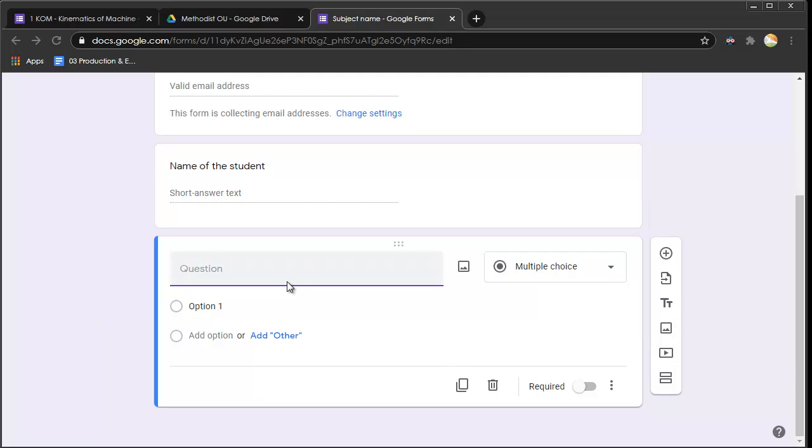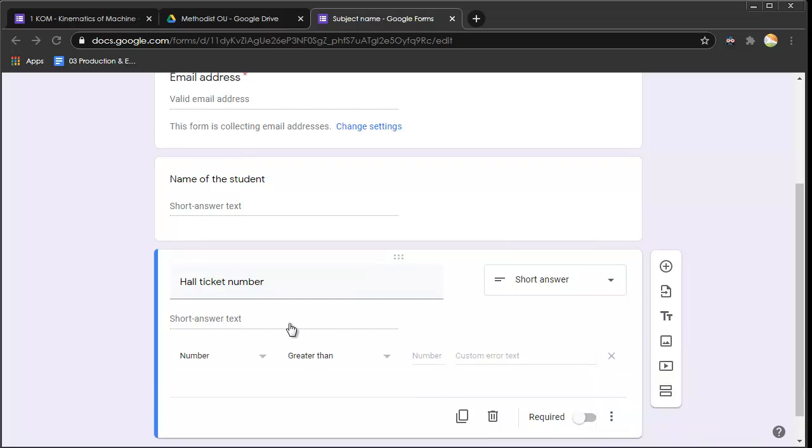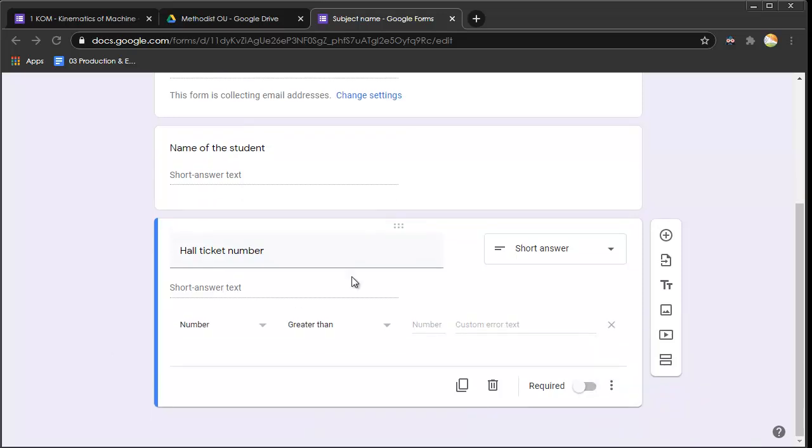The next detail I want is hall ticket number. So hall ticket number again is going to be a short answer. So to ensure that they are filling the hall ticket number correctly, we can provide a response validation. Response validation will check whether the student is entering just a number or whether there is some text included in it by mistake.